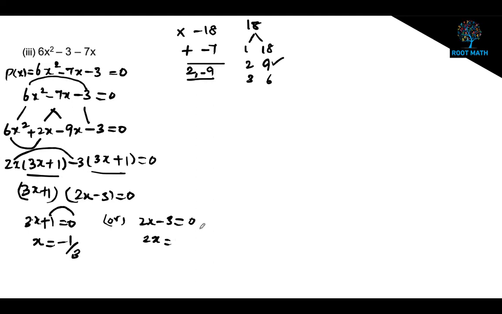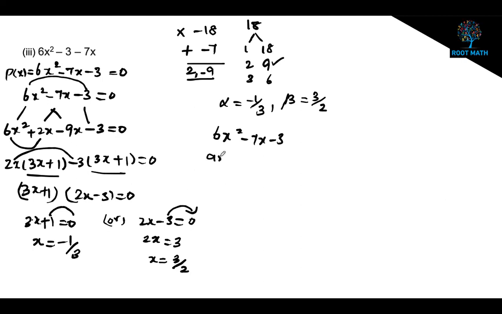So 2x is equal to negative 3, which goes to the other side as positive 3. X is equal to 3 over 2. What's our alpha value? Negative 1 by 3, and beta value is 3 over 2. Now after getting the alpha and beta value, write the expression again